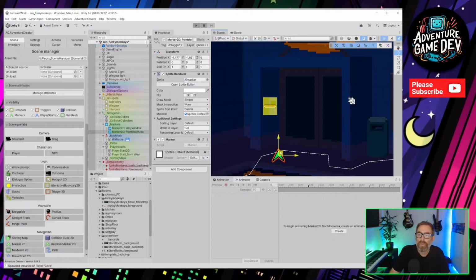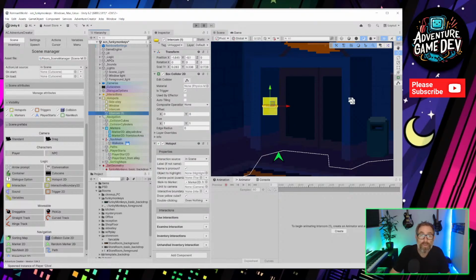actually no, move that a bit closer. Sometimes I'm just thinking silently as I'm doing this. So duplicate the intercom, call that front, let's call it sliding doors.